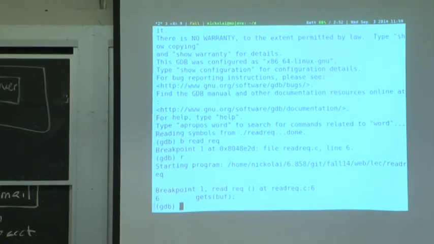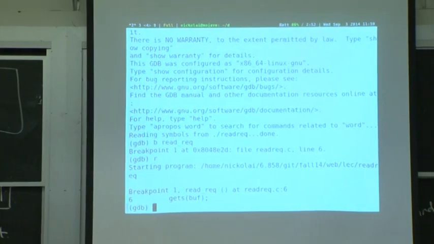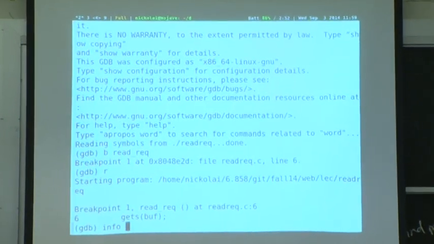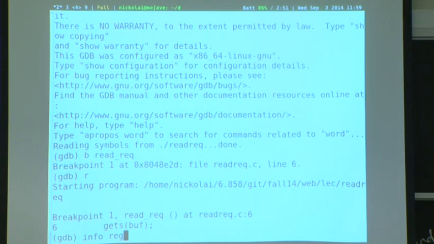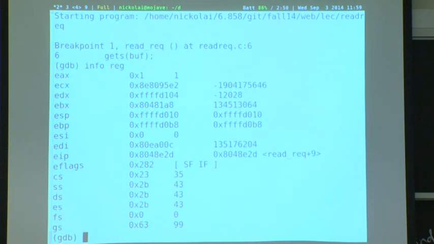We can see what's going on here by, for example, asking it to print the current CPU registers. We're going to look at really low-level stuff here, as opposed to the level of C source code. We're going to look at the actual instructions that my machine is executing, because that's what really is going on. The C is maybe hiding some things from us. So you can print all the registers. On x86, as on any architecture, there's a stack pointer.